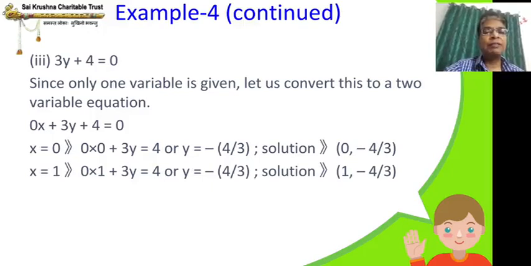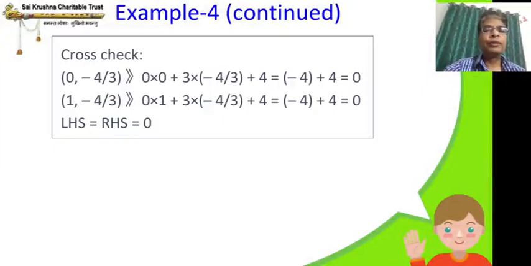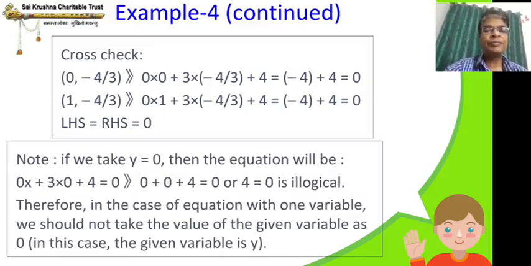So I will come to that. I have written a note at the end. X equal to 1. So I am assuming x equal to 1. Then you are getting 1, minus 4 by 3. Answer is this. Okay. So here, up to this, if you have doubts, you can pause the video and write. But you would also have got some other solution. What we should do? So cross check I have done. If you have got some other number instead of 1, minus 4 by 3 or 0, minus 4 by 3, do the cross check. Now here I have cross checked, LHS equal to RHS is 0. So that means my answer is correct.